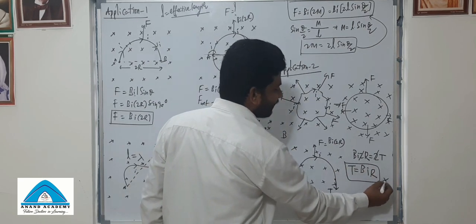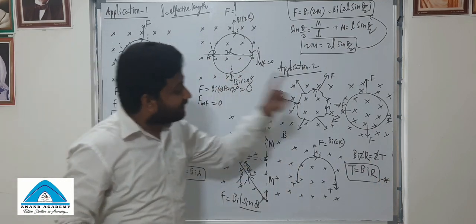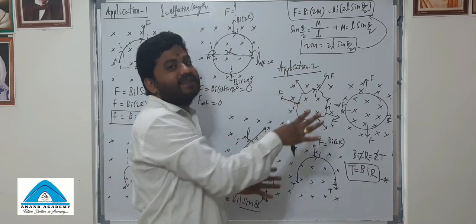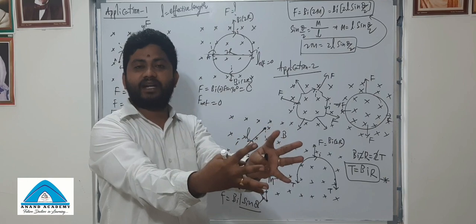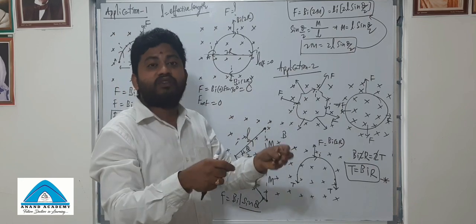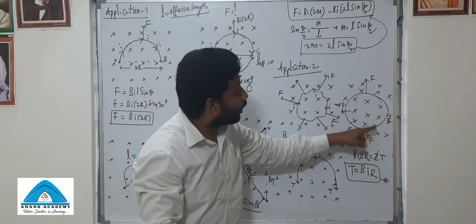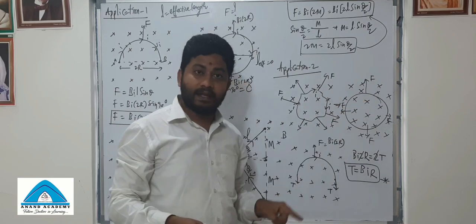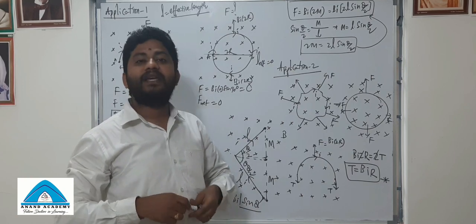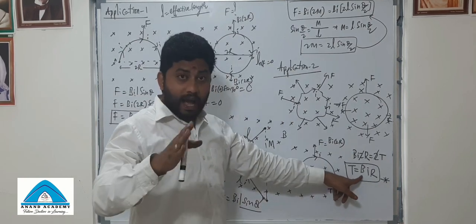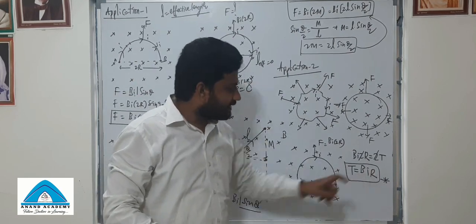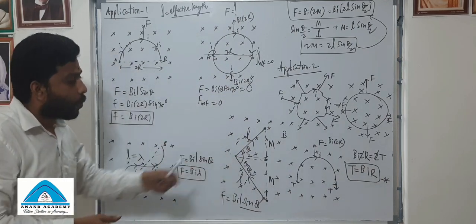Very important expression here. The wire was initially kept as an unknown shaped wire placed in a magnetic field with current passing through it. After some time, what happened? Due to the magnetic force which is stretching at each and every point of the wire, it will become a circle, and the tension developed in the string is BIR. R is the radius of the circle, B is the magnetic field, which is a uniform magnetic field. I is the current passing through that particular wire.